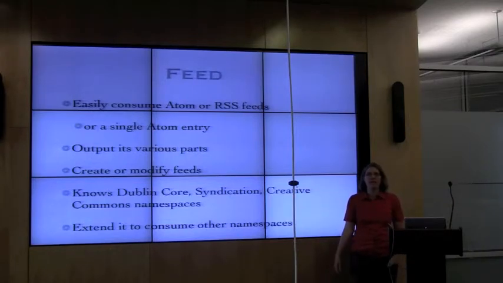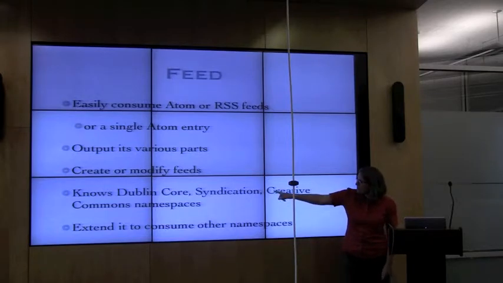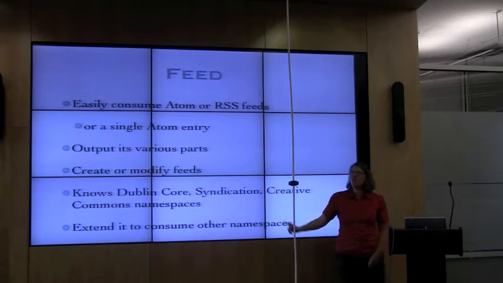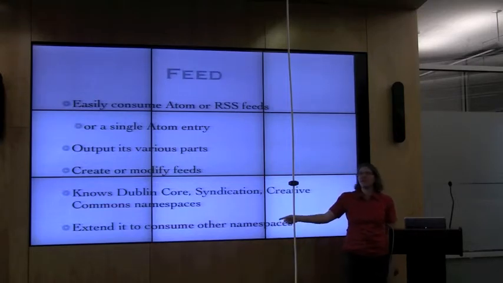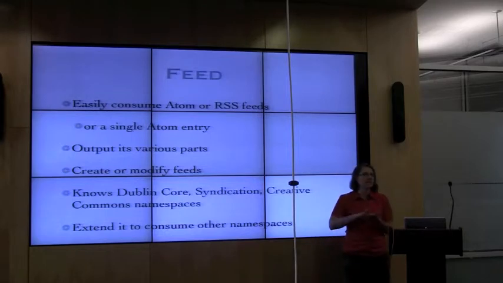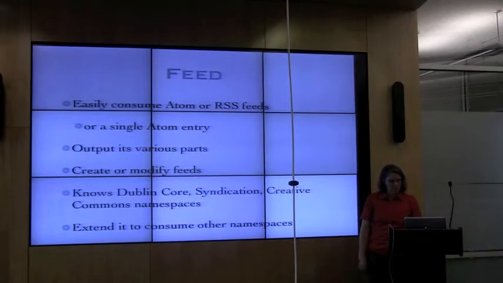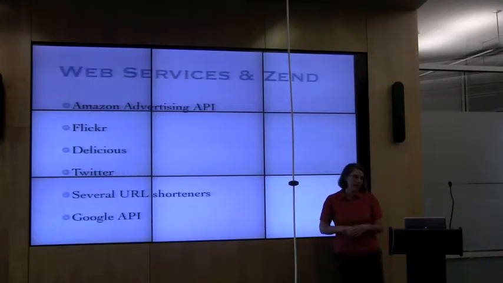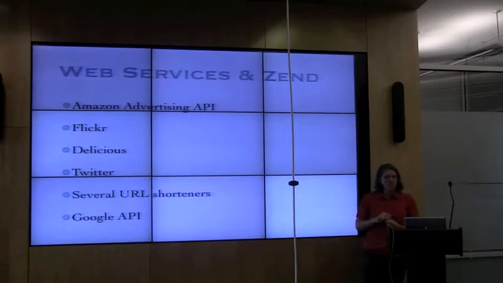So if your Atom feed has Dublin Core in it, or the syndication fields or Creative Commons namespaces, you can access all those too. And you can extend it to consume other namespaces, which rocks because the Atom that comes out of the WorldCat Search API uses an OCLC terms namespace so that we can easily set the OCLC number in its own field. I'm going to come back to that when I talk about extending this. So those are sort of the base classes that are really helpful